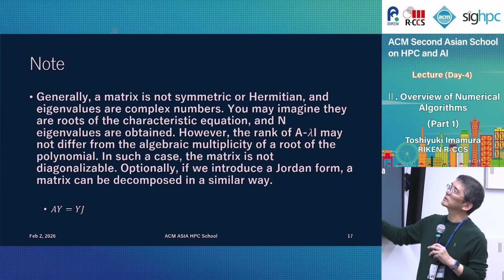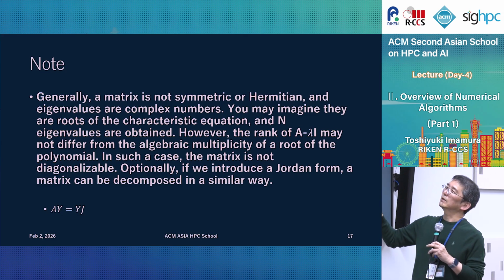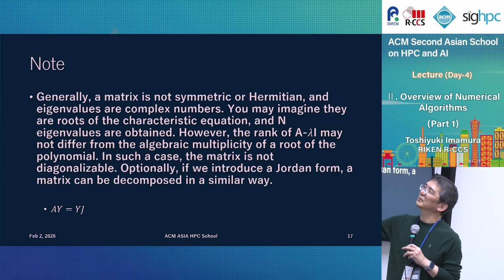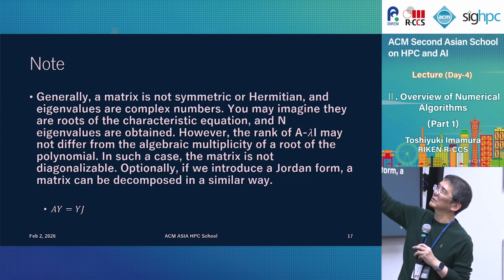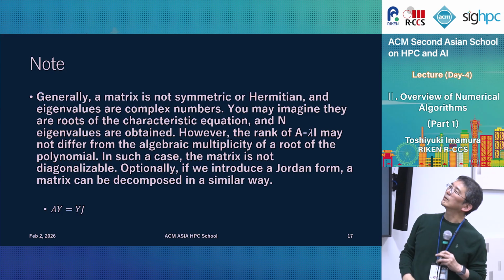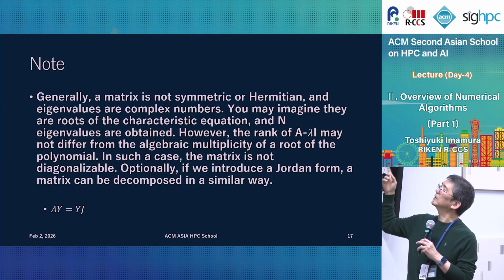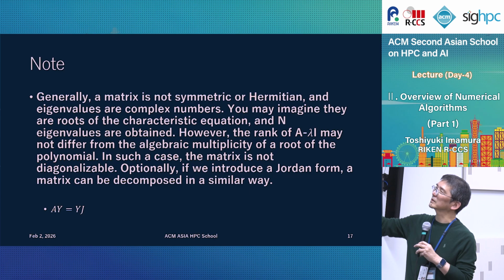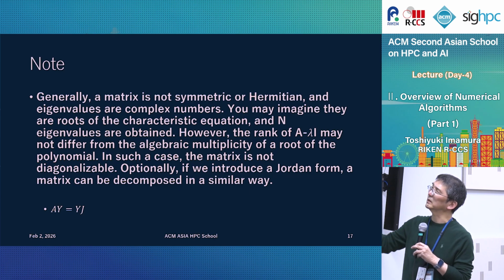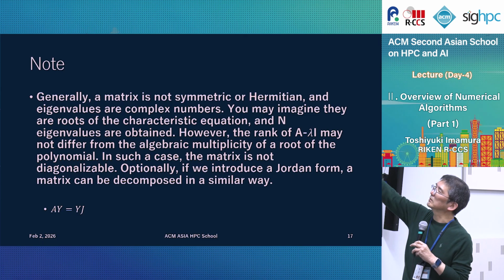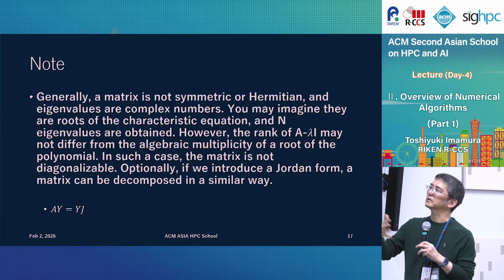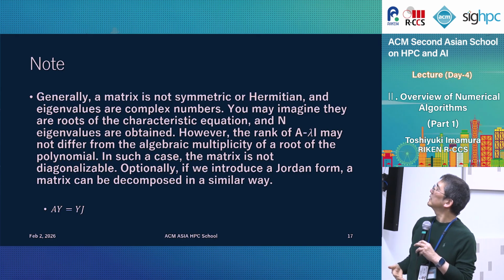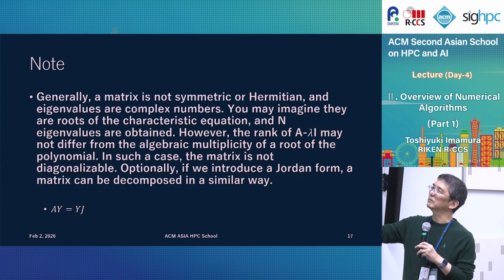It says sort of always, no, not always. In most cases, the roots of the polynomial should be complex numbers. The symmetric and the Hermitian are the very exceptional cases. So in the general case, we should consider complex numbers if we need to treat the eigenvalue problem. And also, it's difficult to find a very significant feature of the eigenvectors,